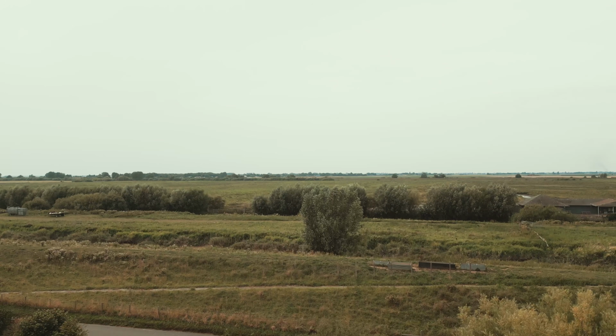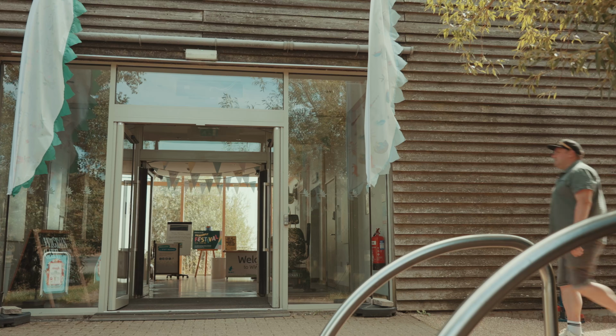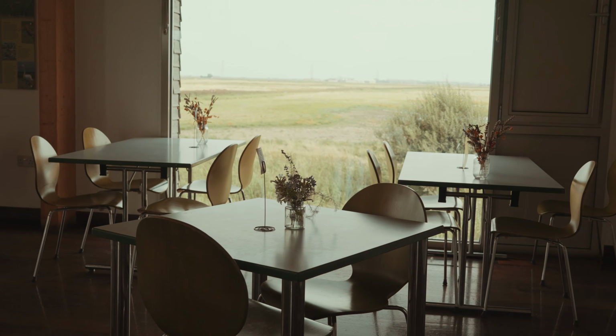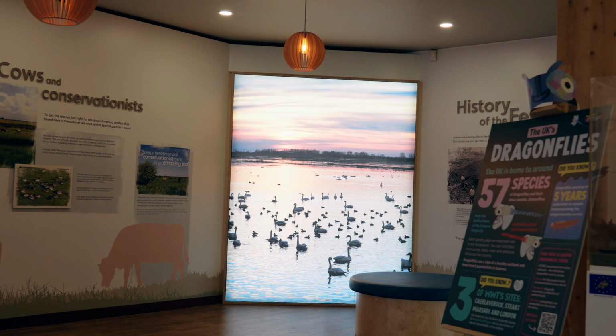Welney sits pretty much halfway between Cambridge and King's Lynn. It's going to serve as the first stop on our little adventure, and I'm looking particularly for a spoonbill at this location. With a fully equipped cafe, a shop for all your impulse buying needs, and plenty of educational resources to hand,